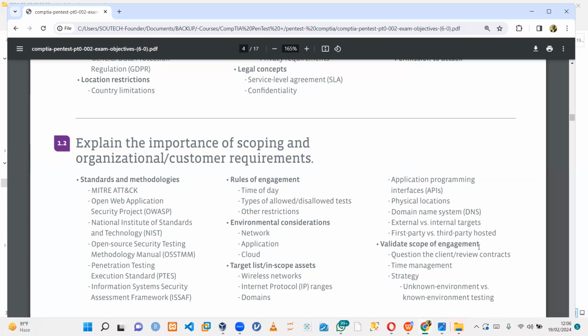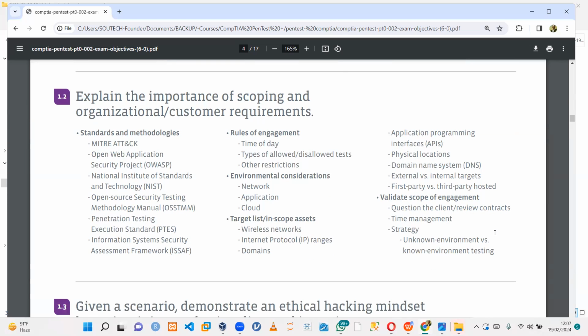In scope creep, we say we don't want a situation whereby we need to test A, B, C, D, E, and during the test, we are now told to test A, B, C, D, E, F, G, H, I. That is going to be a big problem, because that is going to involve more time, more resources, more manpower, more cash. So every scope that is being documented, we must understand that it needs to be validated. It needs to be approved by the company issuing the pen test